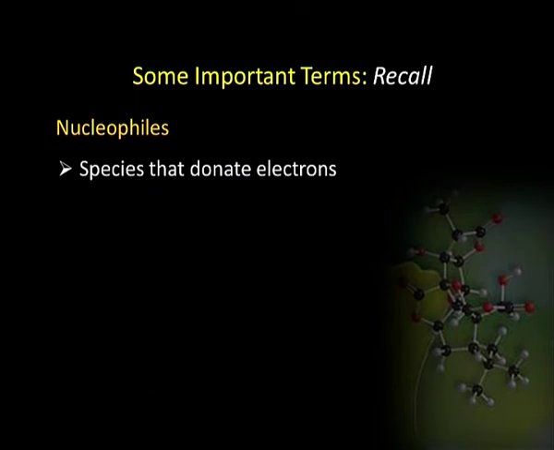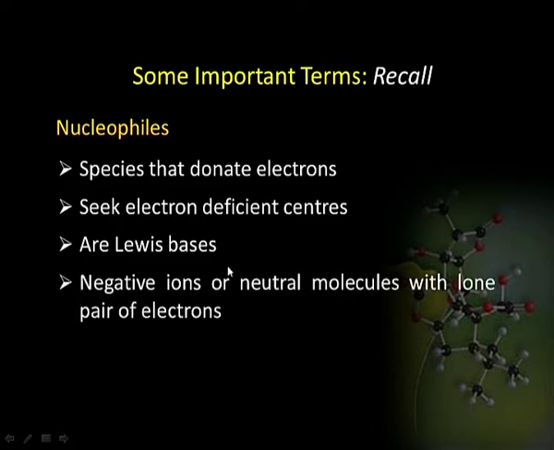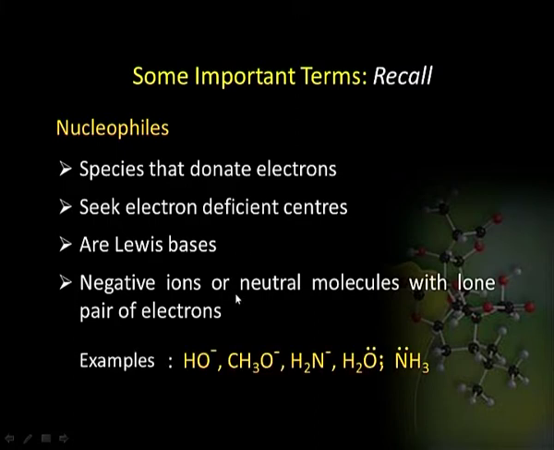So, what is a nucleophile? Nucleophile is the species that donate electrons, that is, they are electron rich. Therefore, they seek electron deficient centers, and generally they are Lewis bases. They are the negative ions or neutral molecules with lone pair of electrons. Some of the examples with negative ions are hydroxide, methoxide, amide, and the ones with lone pair are water molecule